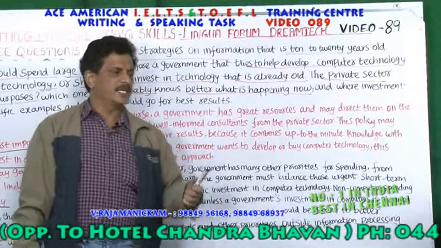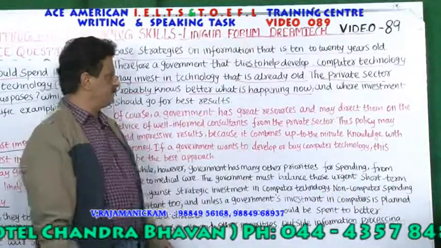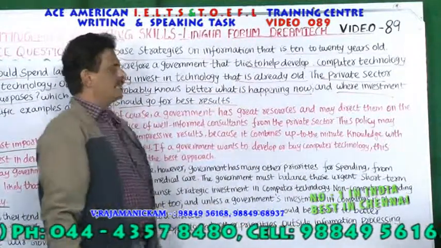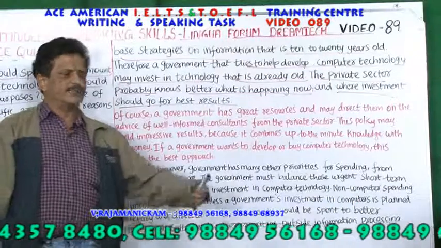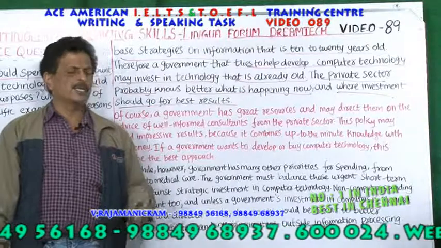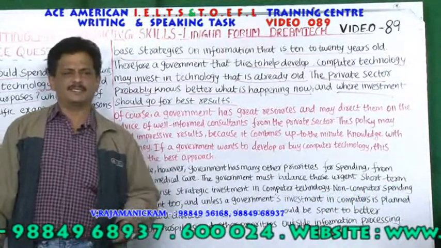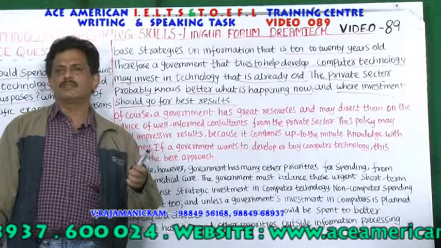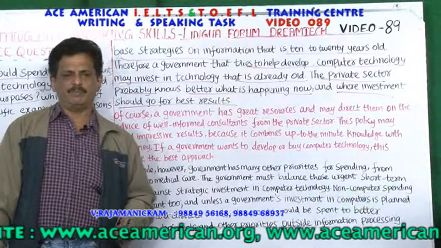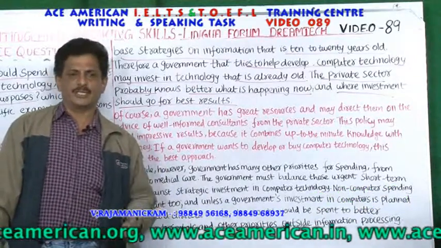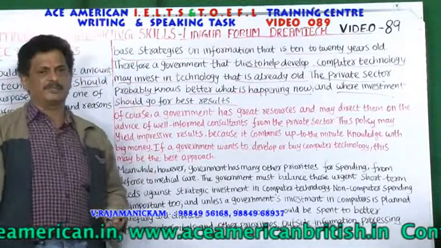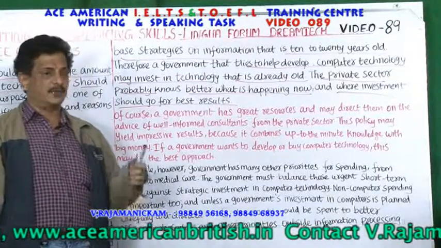If the government is investing, it goes in for the old methods, even where investment should go for the best results. Who's best in this? It is the private sector, not the government sector. You take the colleges and universities: whatever courses they are offering are outdated courses. The private institutes go in for whatever inventions are made daily, and what new contributions are made in computers. They try to teach the students and want to update. So the government is always behind, and the private people are the best people to know what's happening and what and how to invest.